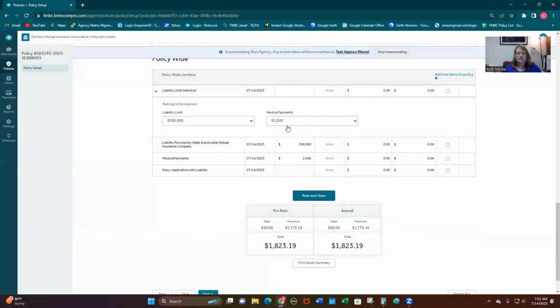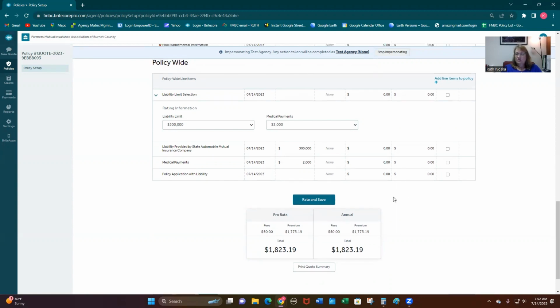By putting this information in, it helps us with our quoting. If we don't know how much you want, we may email you and say we need it, and then we'll come back, check this, and put the amount in there for you. So we're going to go ahead and proceed. And on your quotes,